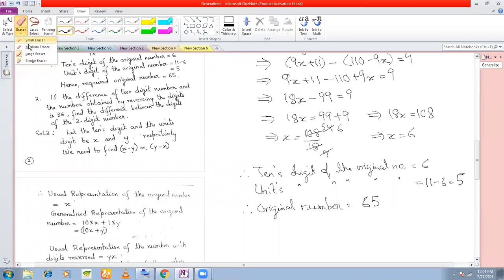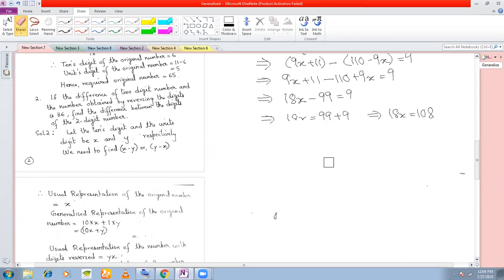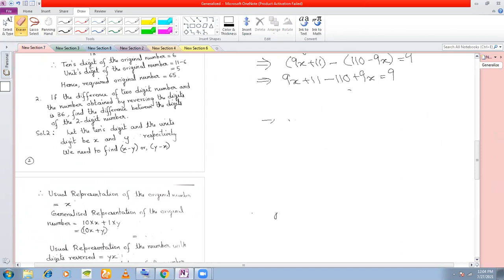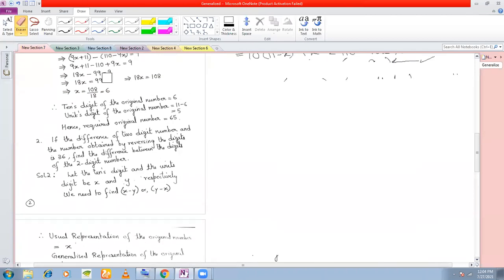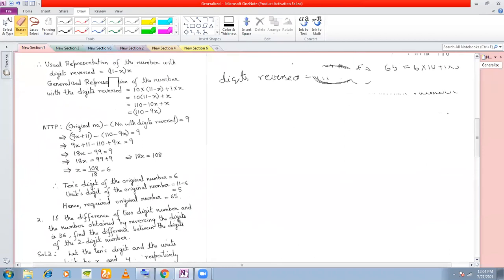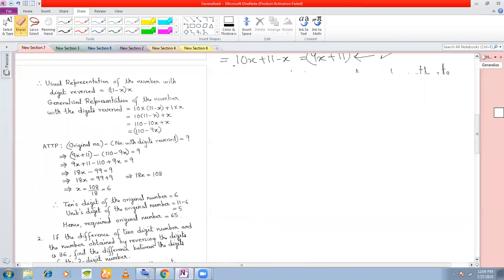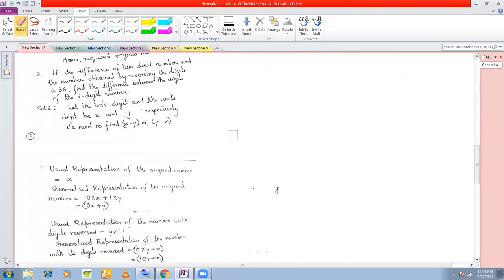Yes, sir. All the problems are based on this only. In the textbook, a lot of things are given. I would advise not to go through all those things. Just go through these notes and whatever problems I'm doing, that will be sufficient for you. And not only attend the class, but also practice. Unless and until you write in maths, unless and until you write with your own hand, you will not be able to write your examinations.